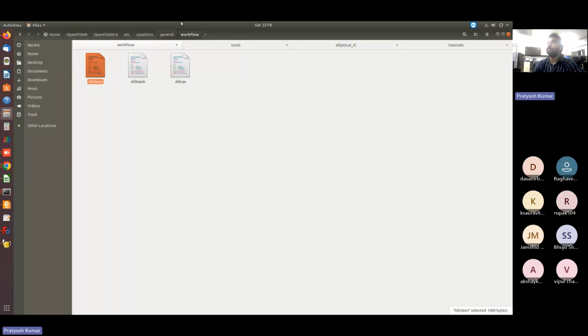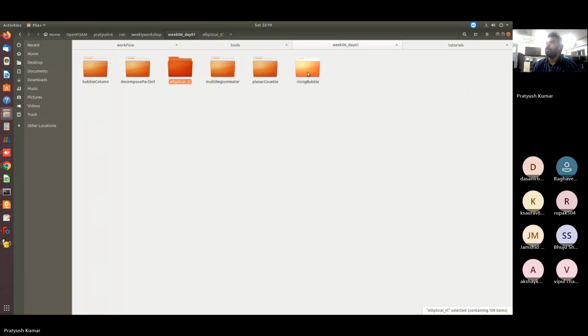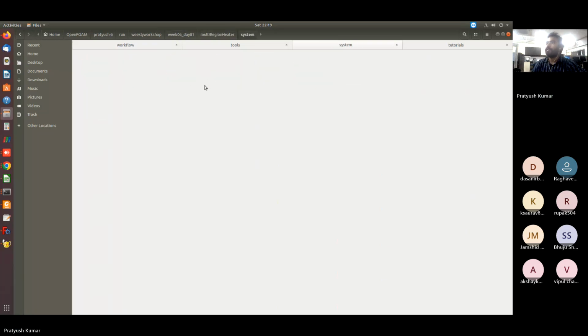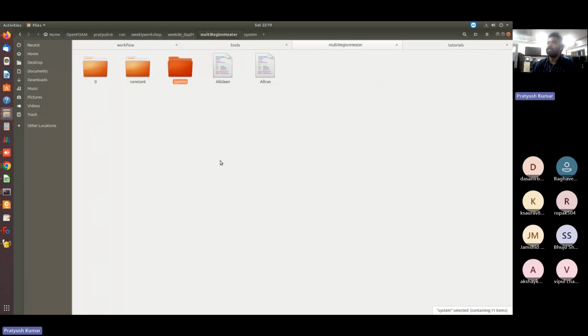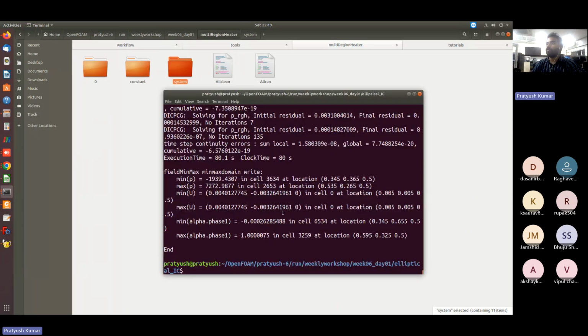Yeah, someone has asked me whether this createPatchDict should be necessary in the system folder. That is not necessary. Whatever dictionary you are giving, this topoSetDict or this createPatchDict, is not necessarily required in the system folder. But as soon as you type any command like setFields, you are going to type